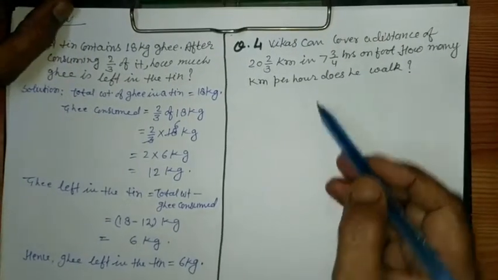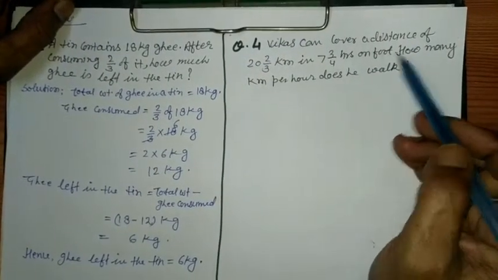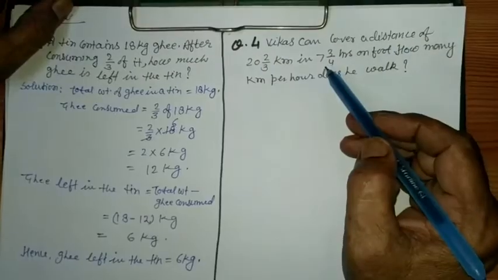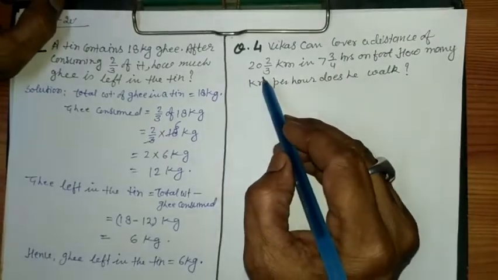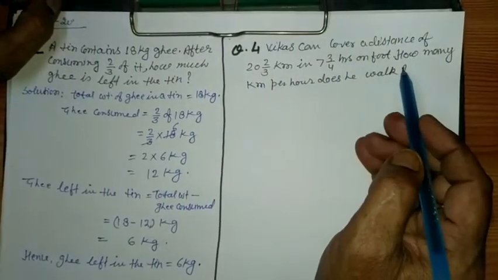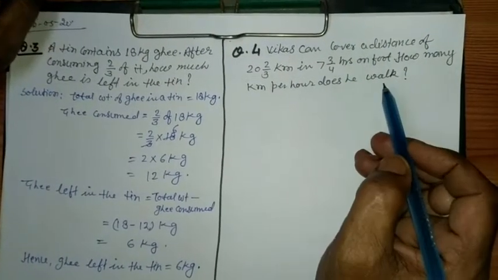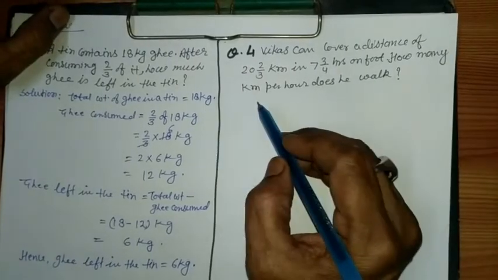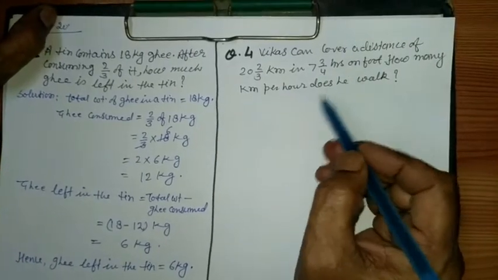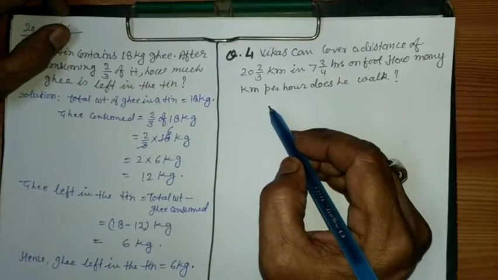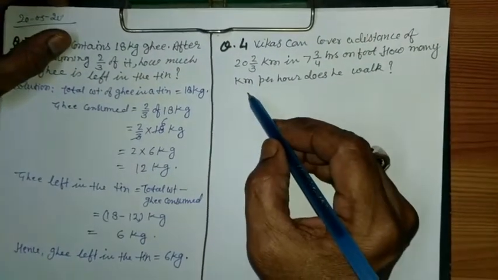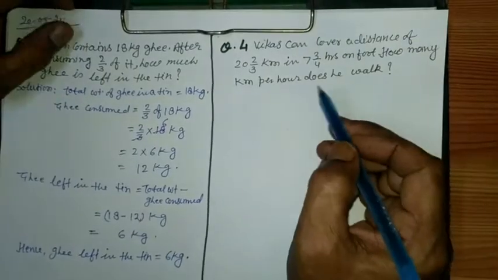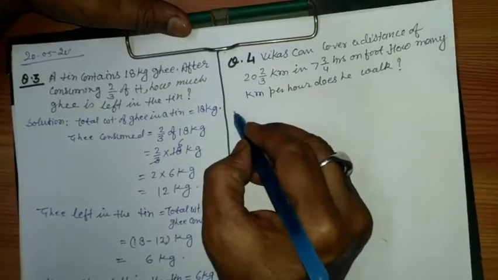As the question says, the distance traveled in the given time means total distance and total time. We have to find out the speed of Vikas in kilometer per hour. The solution is